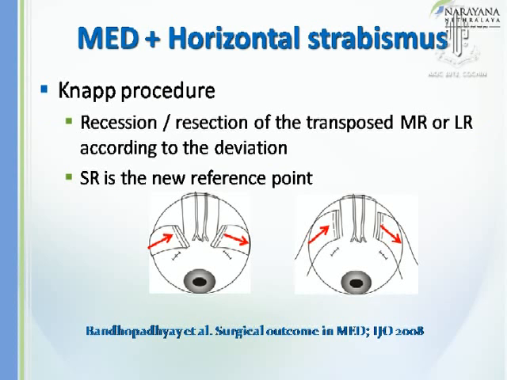What happens if a patient with MED also has a horizontal strabismus? Now there are a few things that have been said. You can do a simultaneous resection like you would do in a normal case, but here the only difference is that you put it at the level of the superior rectus. So you can do a recession and resection like you would do otherwise, and then shift those muscles next to the superior rectus. Important point: we cannot handle more than about 30 prism diopters of strabismus.